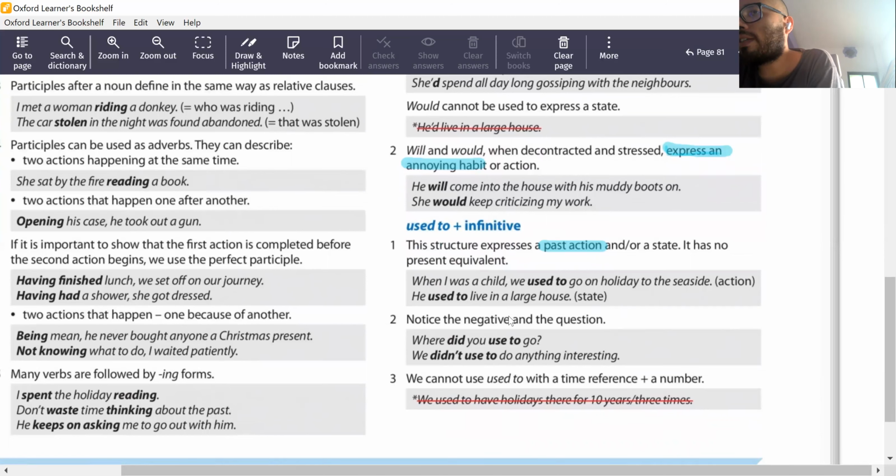The most typical is used to in the past. It is like in Spanish, "solía ser", something that you did for a long time, but just suddenly stopped and you don't do it now in the present. Now, when I was a child, we used to go on holiday to Acapulco and I hated it. Now I don't go to Acapulco. It's not my city. I just hate it. Yeah. And remember, if you're adding an auxiliary like did or didn't, you omit the d. Yeah, you omit the d.